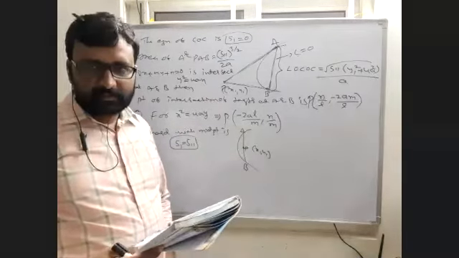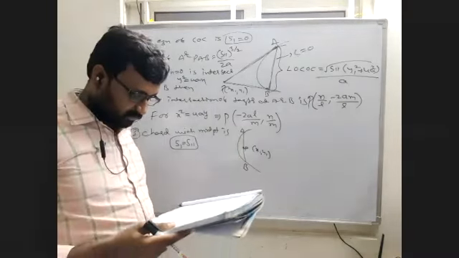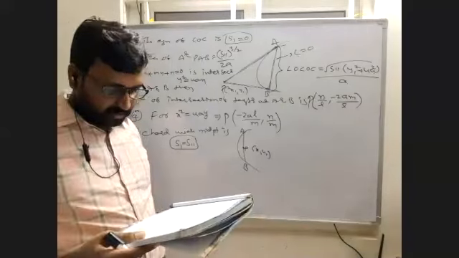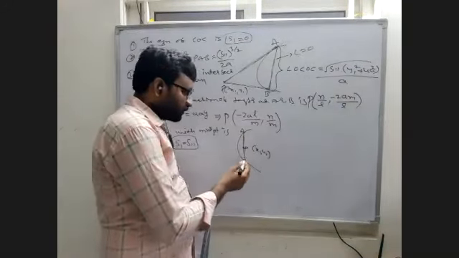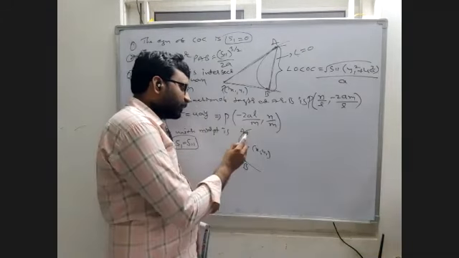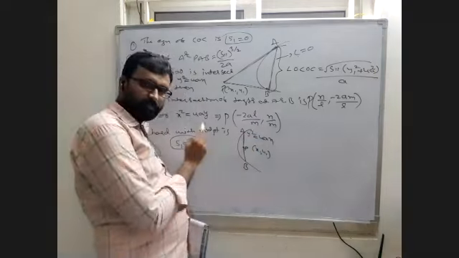Already we know tangent and normals; if we want the slope, we need to differentiate with respect to x, and you will get the slope. Next, the length of the chord having x1 y1. Suppose this is the chord, given only the midpoint and given the parabola y square equal to 4ax, we can find the equation of the chord by using this formula.